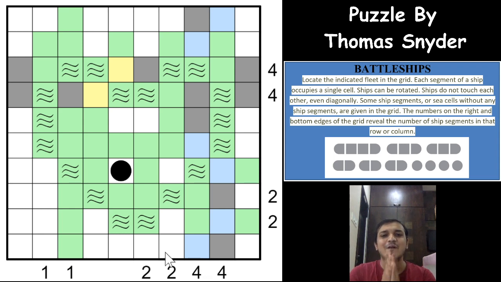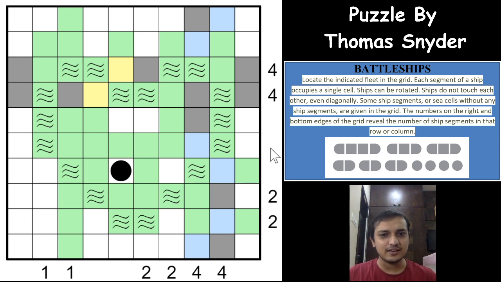Oh, what a great puzzle here. This can be one of my best favorite battleship puzzles. A very different logic here, and that logic will surely help you to solve the puzzle, I would say. Excellent logic. This puzzle has all kind of possible logics applied in a battleship puzzle. So there are a total of 20 ship segments, right?